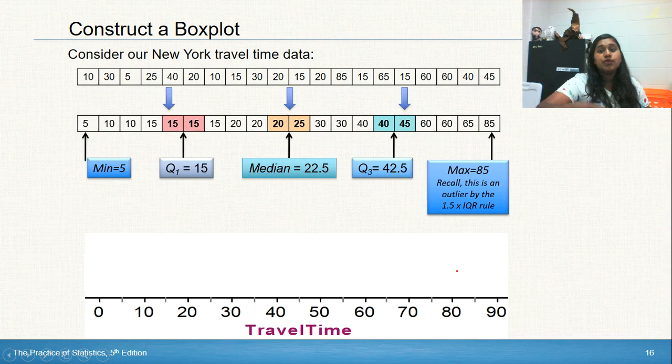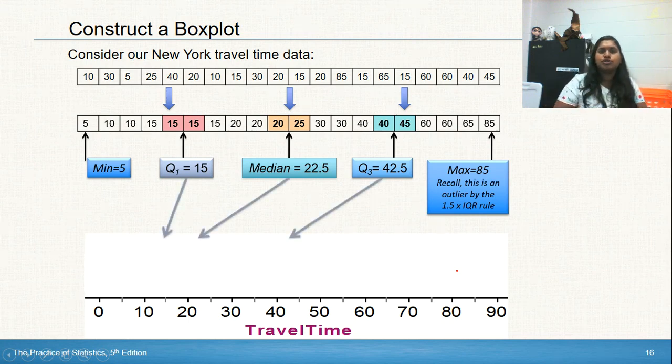However, because we know this is an outlier, and you can do the math yourself if you don't trust me, because we know that 85 is an outlier, is that really where my whisker ends? Is that 85? We know the answer is no. We have to represent it on the outside. So what is the number of the whisker? Somebody asked me, is that just the next lowest value? It's the next lowest value inside your range that still fits within your outlier rule. So I just want to make that very clear.